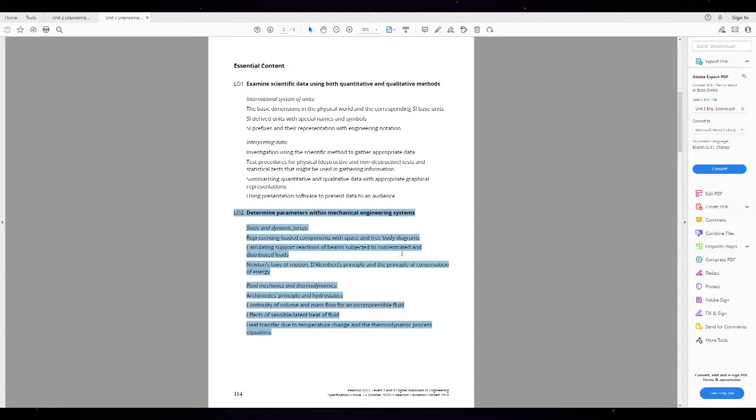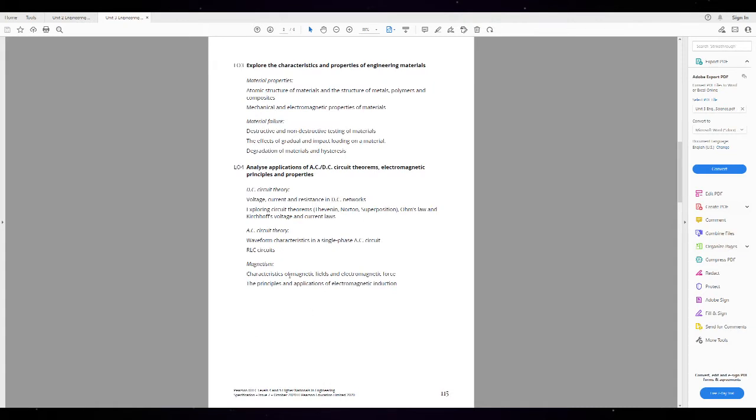Again, we can get some experiments in with support reactions, fluids, fairly straightforward. 3 we've already mentioned. Structure of materials, metals, polymers and composites, material failure, and then DC theory and AC theory. Circuit theorems. Those who I taught level 3 last year will have done Kirchhoff's current and voltage laws, because I did it with you. We also did